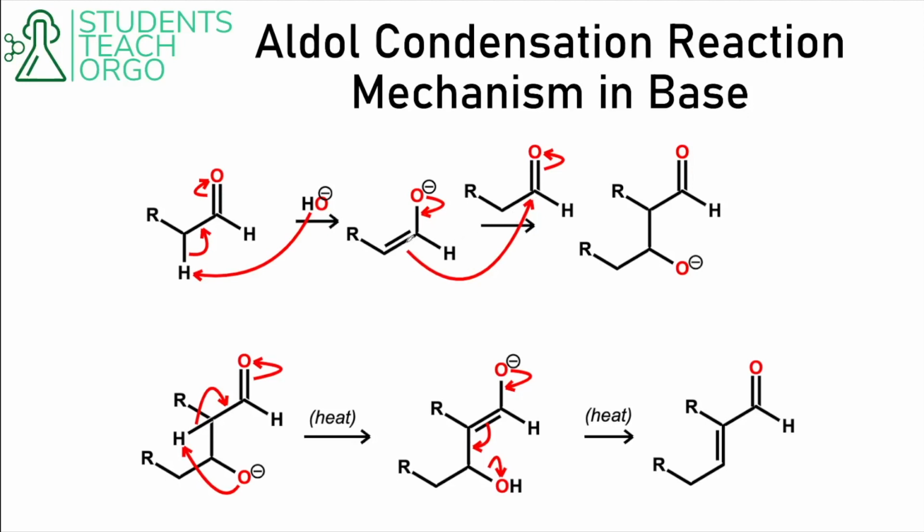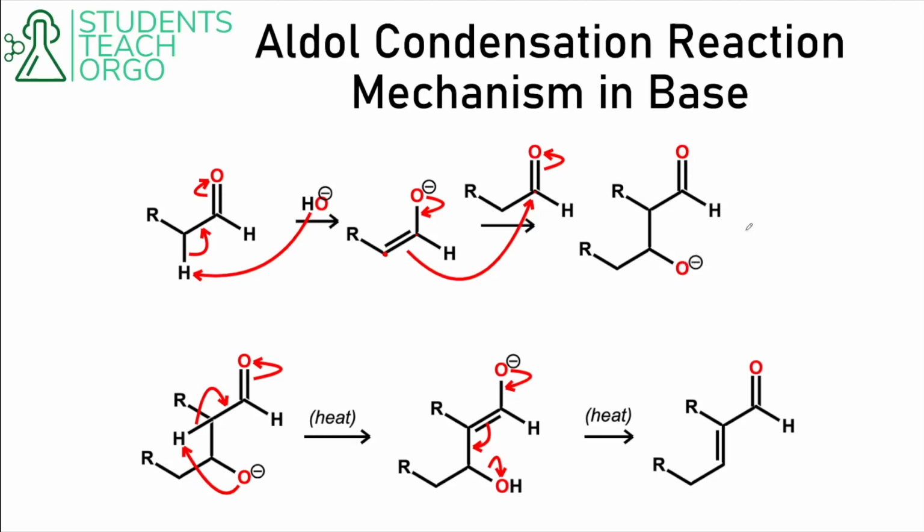Some students ask me, oh, well, if there's a double bond here, how do we know which of these two carbons is going to be attached to this carbon? And the answer is, if we're bringing electrons down here to make a double bond, this carbon's already going to have 4 bonds. So it has to be this carbon right here that's going to be making the new bond between here and here. So you can see then we have our aldol, but it's just got that O with